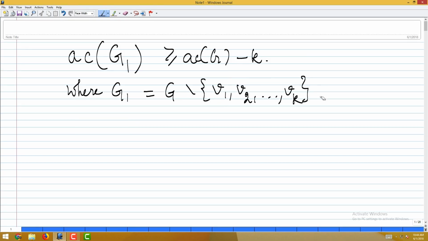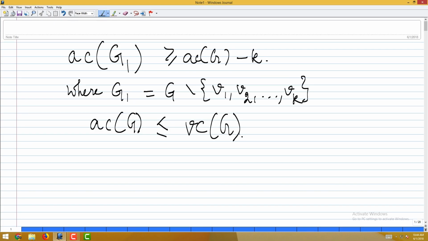What is the connection between algebraic connectivity and the usual vertex connectivity or edge connectivity? What would be the relation between them? Can we say something in that direction? So, one interesting result is that the algebraic connectivity of the graph G is less than or equal to the vertex connectivity of G. It is bounded by the vertex connectivity, and